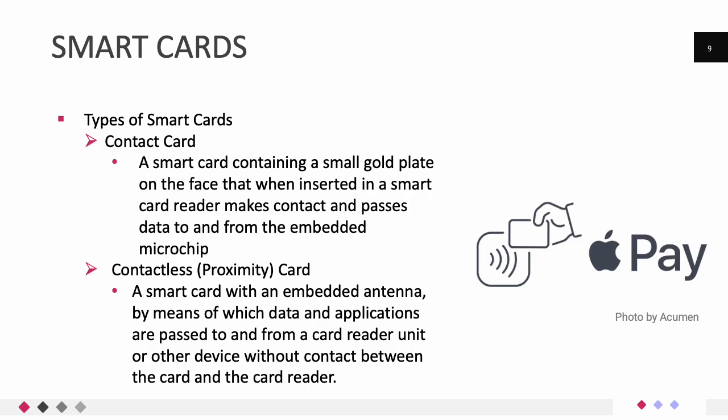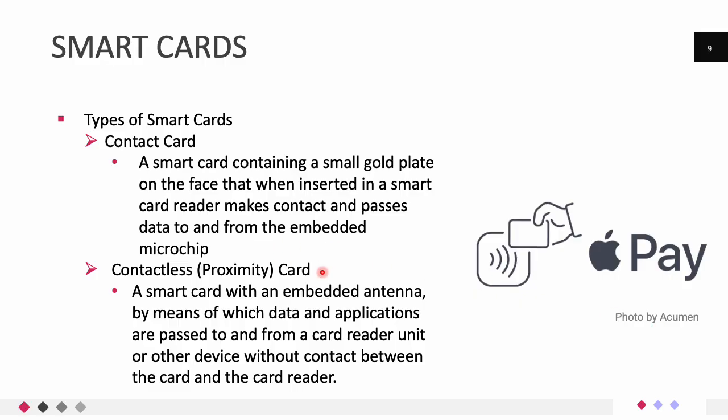There are some types of smart cards. First, we have the contact cards. They are like the old credit cards where you have to physically insert them into a card reader. There's actually a tiny gold chip on the card that makes direct contact with the reader to transfer your data. And then we have the contactless cards,